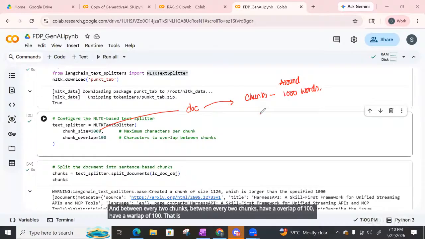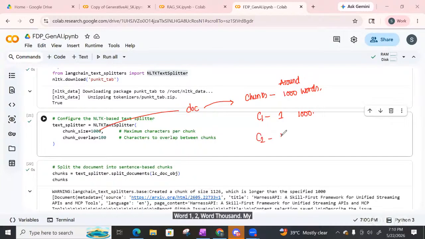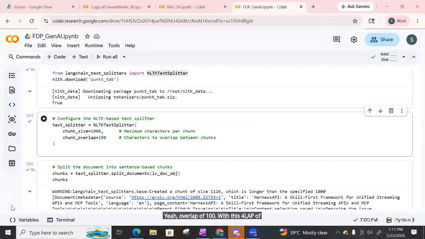For example, my chunk 1 consists of word 1 to word 1,000. My chunk 2 consists of word 900 to word 1900, just a 100 overlap. Chunk 3 consists of word 1800 to word 2800. Okay, I have maintained an overlap of 100. With this overlap of 100 and with the number of words as 1,000, I have